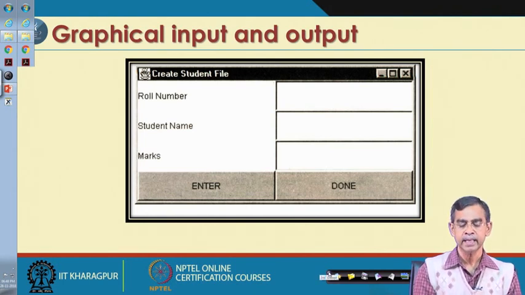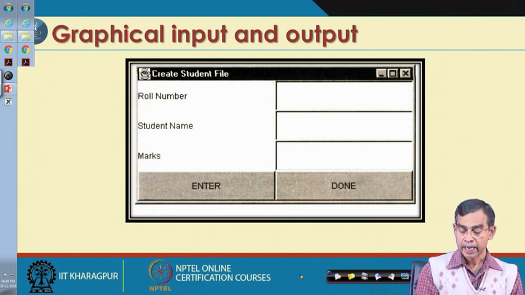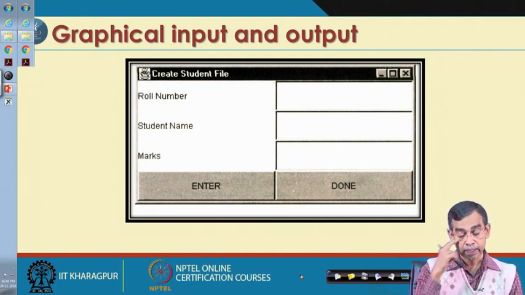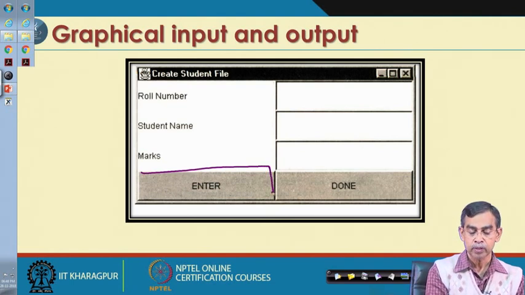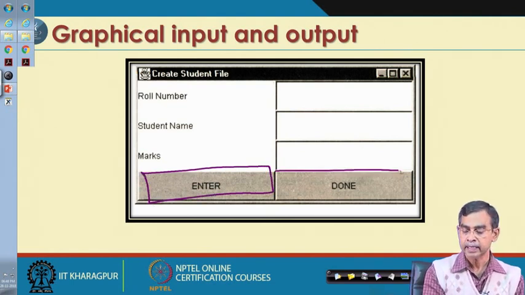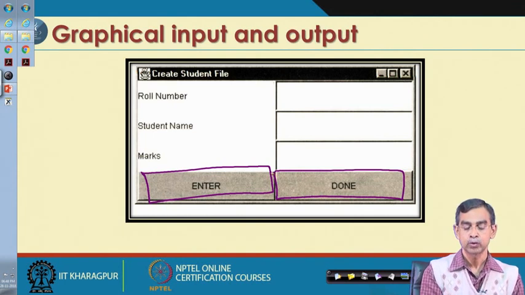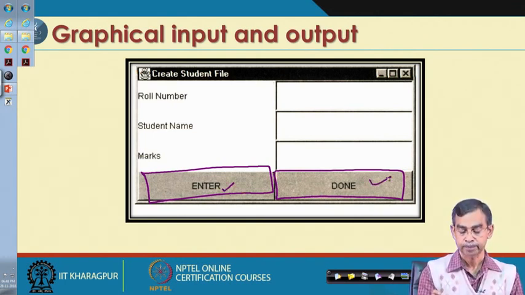Now, this applet has many items in it, which we can classify. Here is one item we call a button, and this is another button. So this applet has two buttons at the bottom, labeled enter and done.